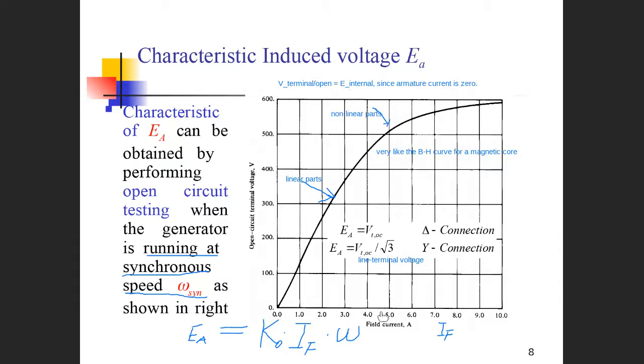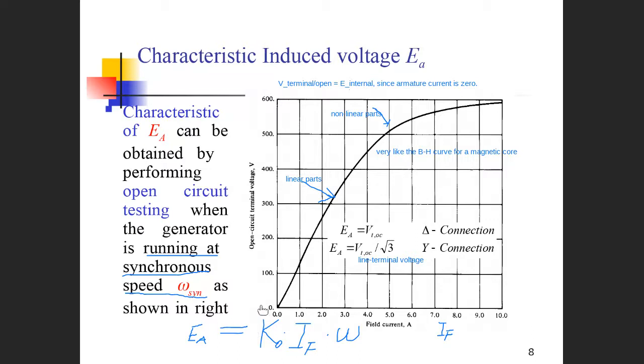So for small field currents, the relationship between the internal generated voltage EA and the field current, if the speed is a constant, is a linear path, means that the chi here is a constant, just like y equal to ax. Okay, so this is a linear path,